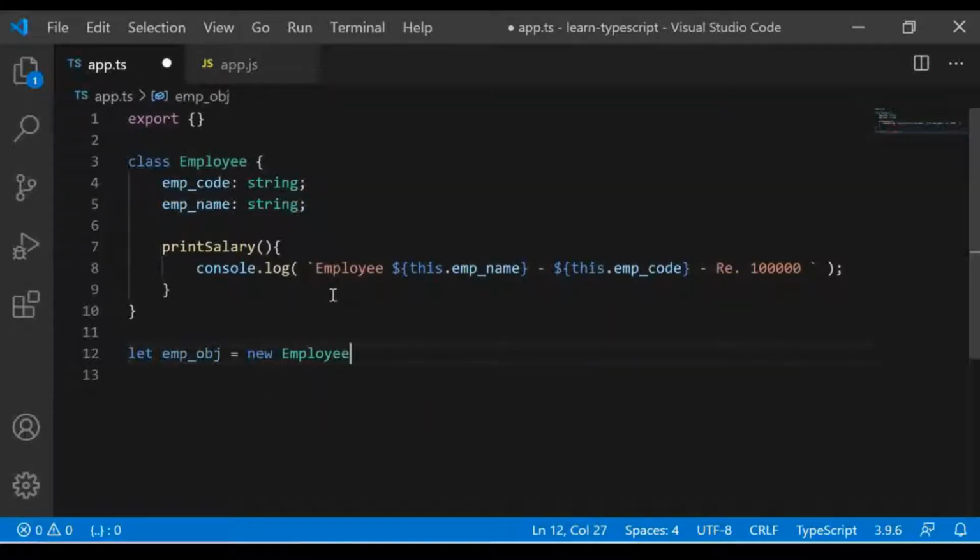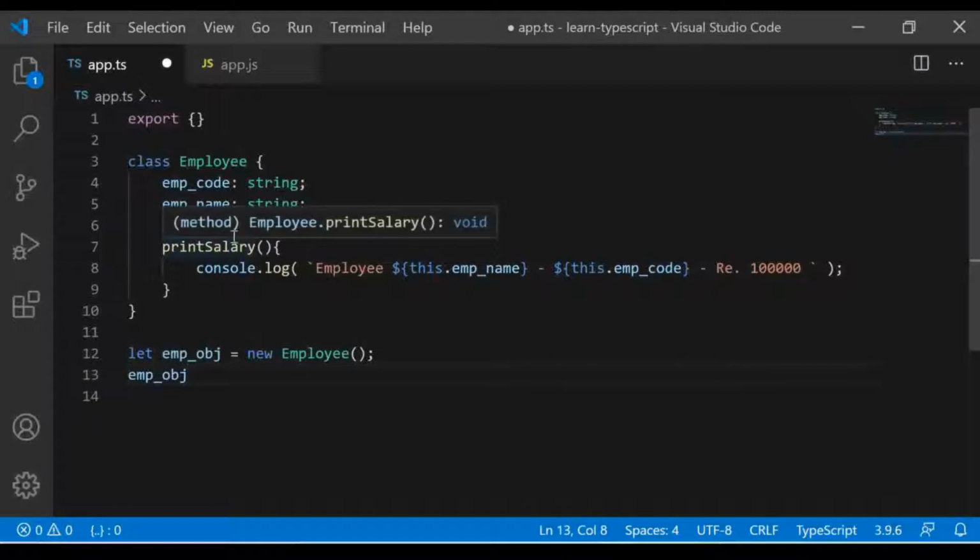So now we have created a memory location for this class, and this is a variable which holds that memory location. Now using this variable, we'll be able to call the methods and fields publicly available in this class.